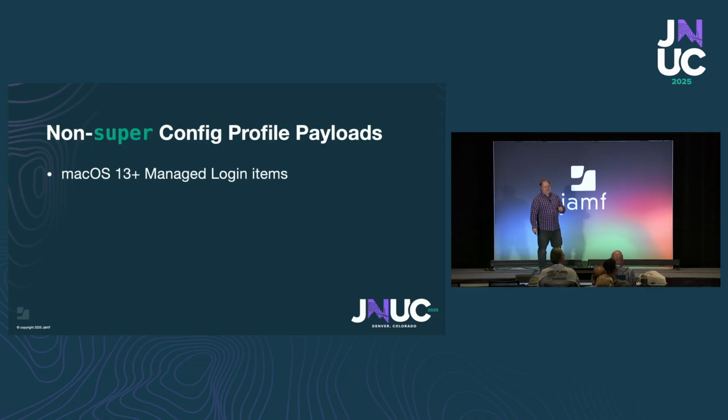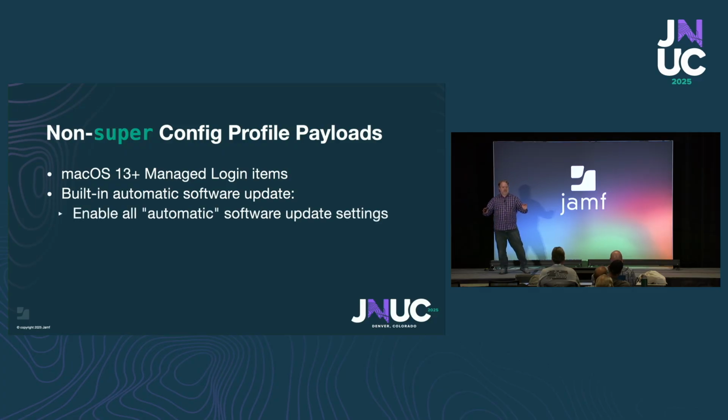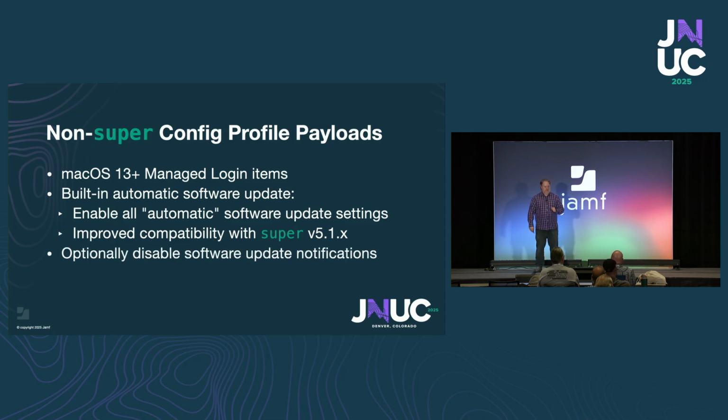So some other ones there, a managed login item config profile. If you want to make sure the super daemon can't be shut off, that's also in GitHub. And then also some recommended settings for automatic software updates. Specifically, I would enable everything except for the actual install. And that's new in 5.1, including downloads, right? So yeah, in 5.1, turn on automatic downloads. It's usually a better experience, okay? Optionally, you can disable the software update notifications if you don't want to confuse the user with the built-in notifications